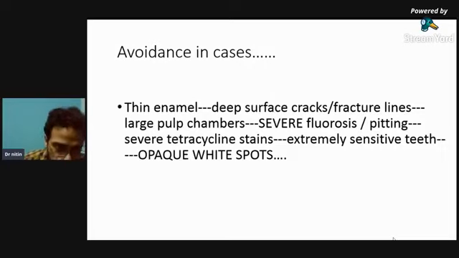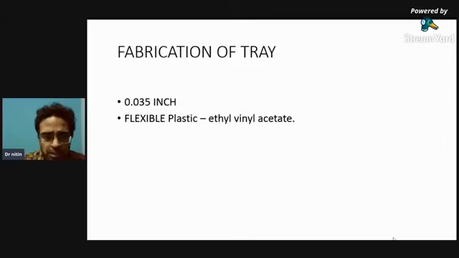And very important, very commonly what I have been observing, that many of my fellow colleagues have done bleaching or have advised bleaching in patients with fluorosis with opaque white spots. Okay, if you do bleaching in patients with opaque white spots, guys, this opaque white spot will increase in its intensity. तो जितना पहले हल्का हल्का opaque white spot दिख रहा था वो अब ज्यादा दिखेगा bleaching के बाद. So opaque white spot are not an ideal case for bleaching. You can go for anything which is covering the enamel. And I'll say minimal prep veneers would work great. ठीक है? So these indications and contraindications you should take care.